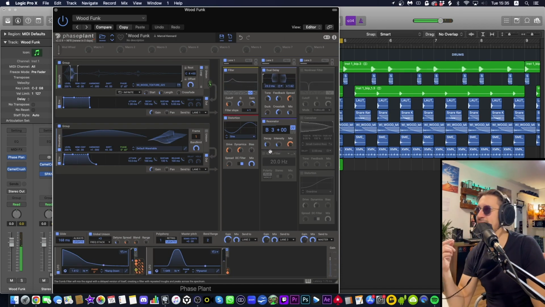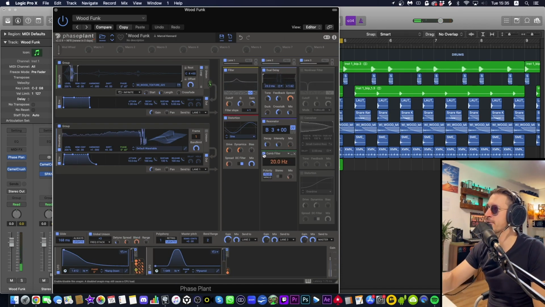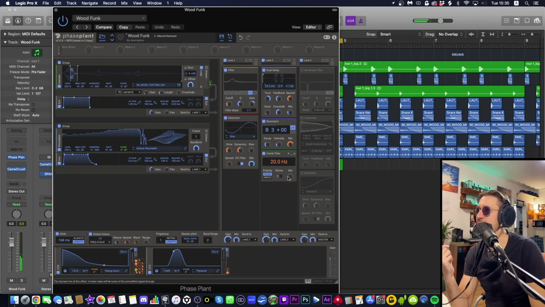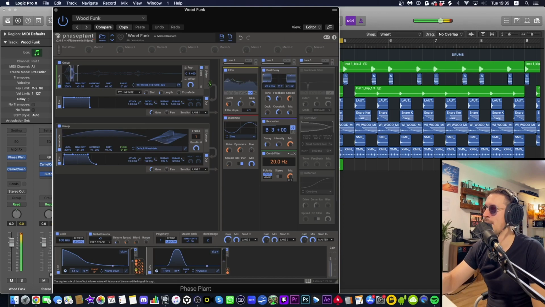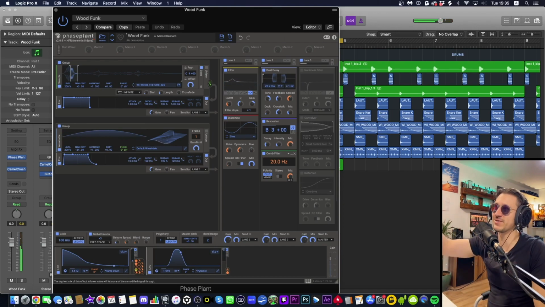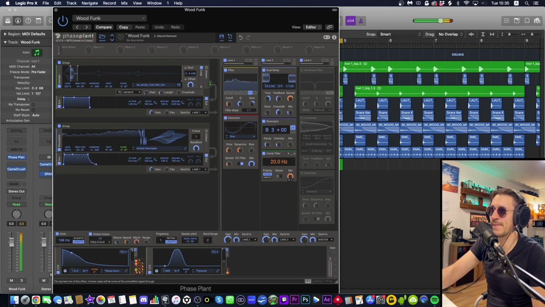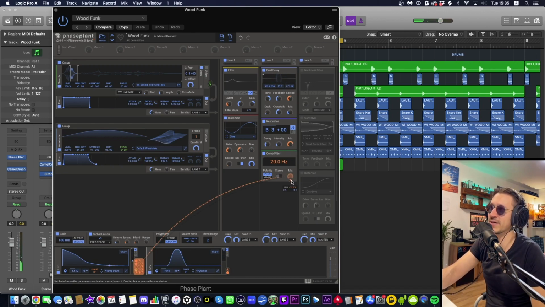Then another way to add a little bit more tonality, but a lot more subtle than the resonator, is the comb filter. It changes the pitch of everything as a whole, and obviously it has its own comb filter effect as well. What I'm doing is modulating the whole hertz amount on the comb filter, so it's really pitching up and down, quite a crazy amount. But then I mix that in just a little bit